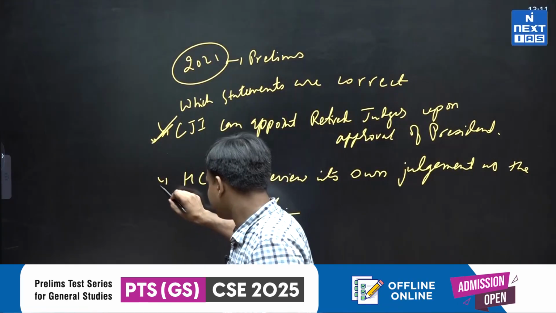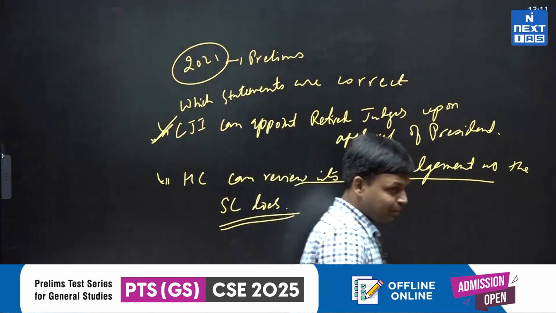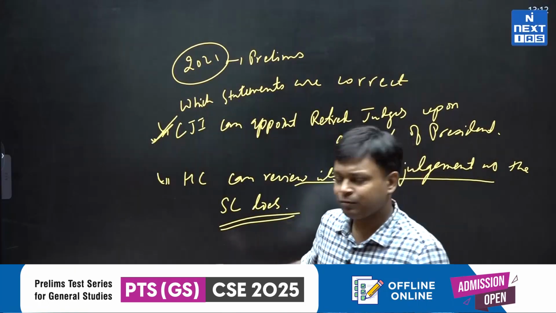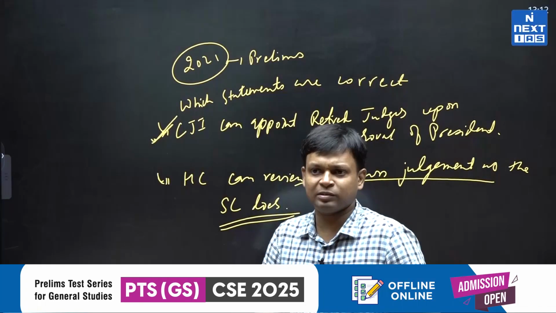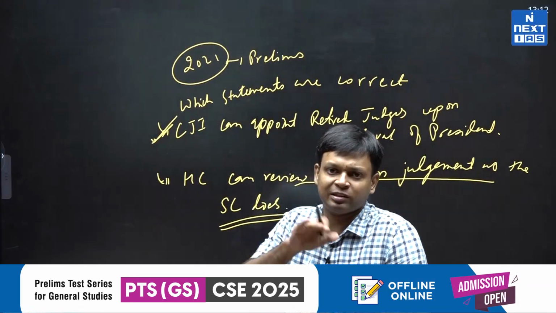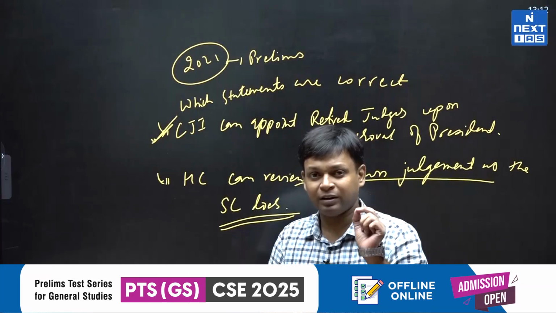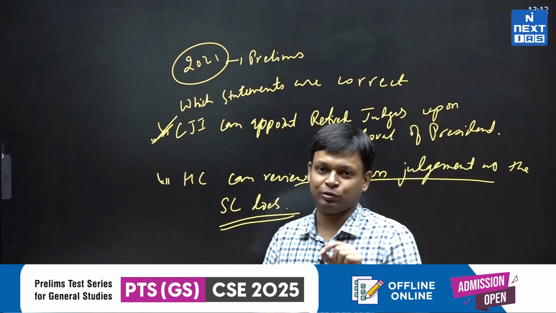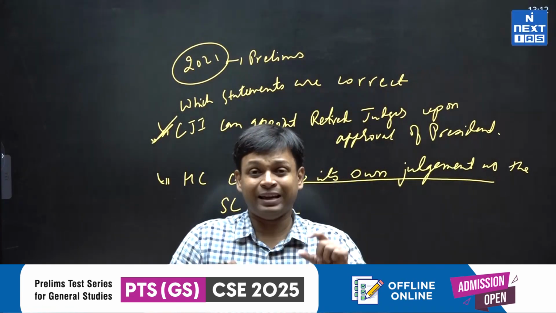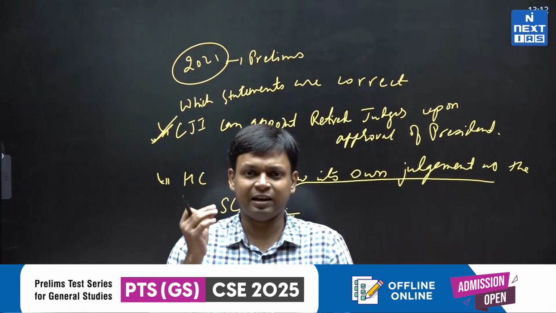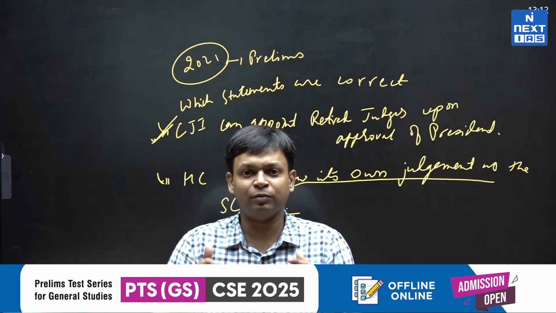Okay? What is the second statement? High Court can review its own judgment as the Supreme Court does. So many people gave this statement also to be correct because the High Court does review its own judgment. Review means the High Court gave a judgment and later changed that same judgment itself. So High Courts do review the judgments of their own also. But this power of the High Court is not given in the Constitution. This power of the High Court has been given by the Supreme Court by interpretation of certain things, by saying that since the High Court is a constitutional court, it is a superior court, it is a part of higher judiciary, it should also have the power to review its own judgment.